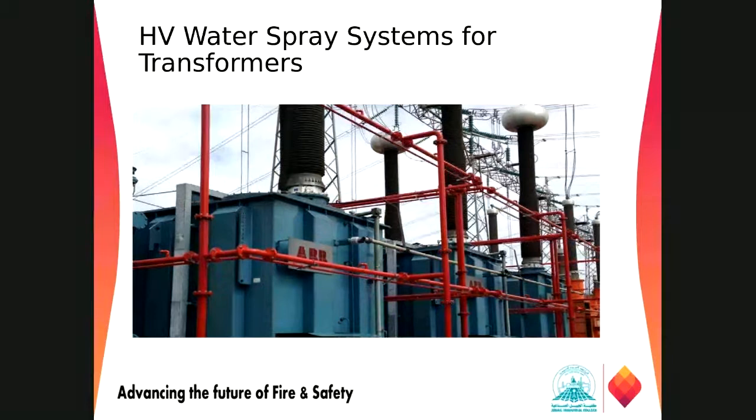Means from the same deluge valve, one deluge valve will be open, water will be coming from the deluge piping all the way to the equipment, and there we have water spray nozzles. Now those water discharging onto the surface by a nozzle, we call it water spray nozzles. So the pattern of these nozzles will be different from the sprinkler system. This is why we call them water spray nozzles.